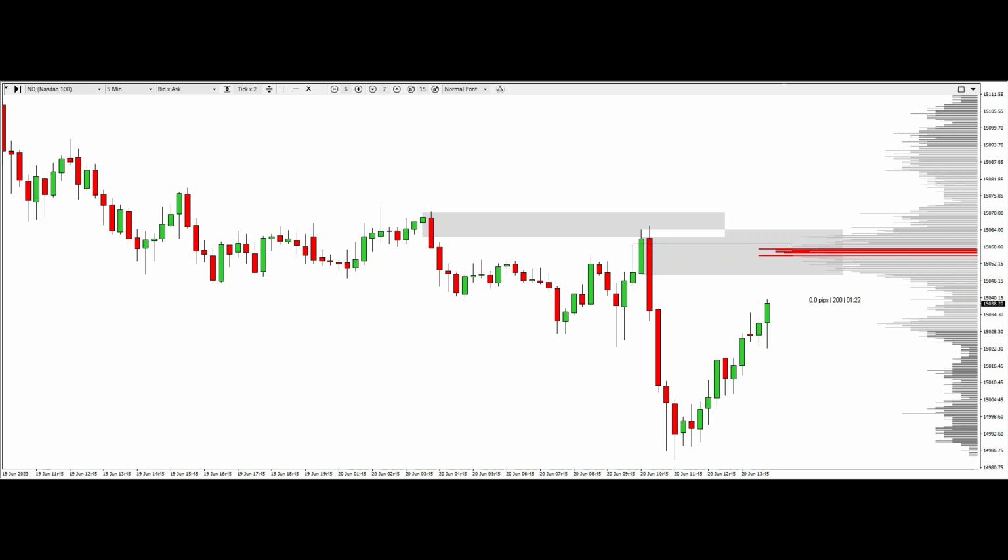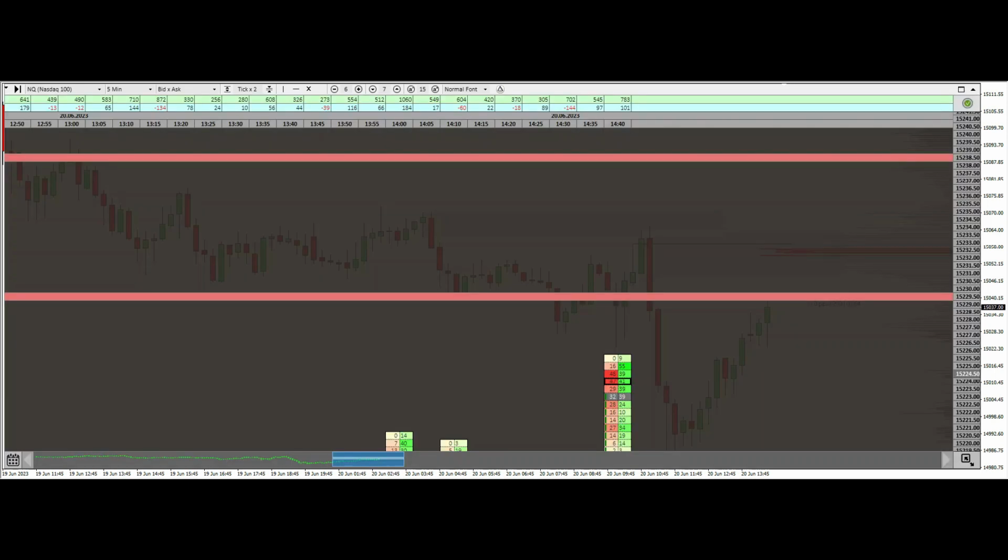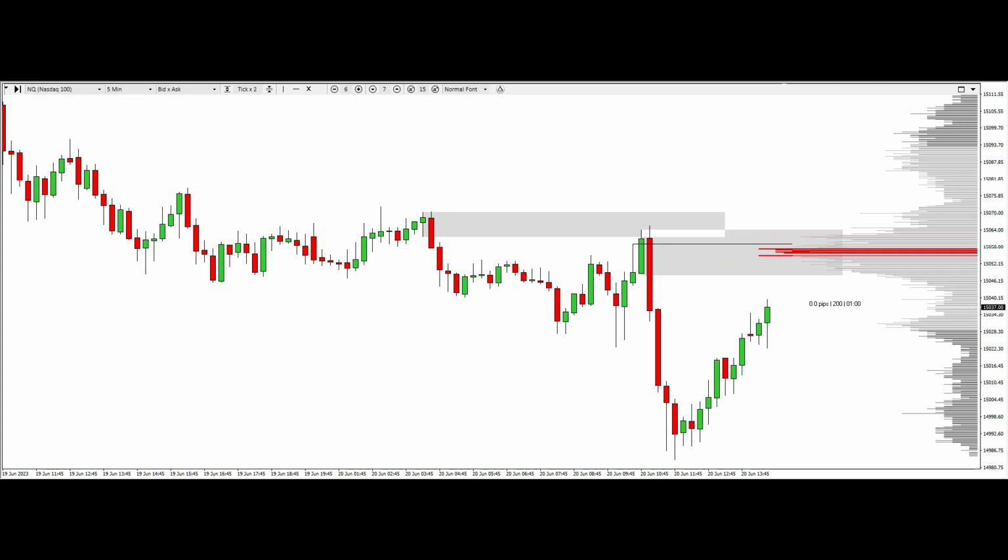Nasdaq during the New York session. We saw a nice wave to the downside. Equal high level right here on the Nasdaq this morning during the London session. Now, after that nice and pretty straightforward wave on the footprint chart, we have created a new imbalance